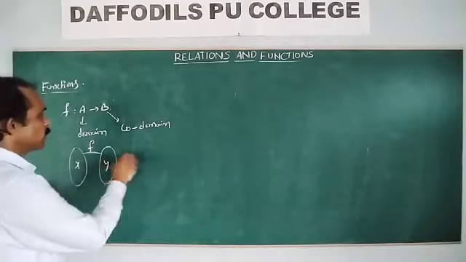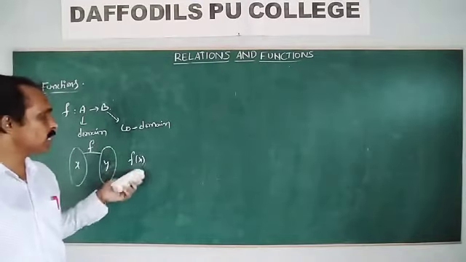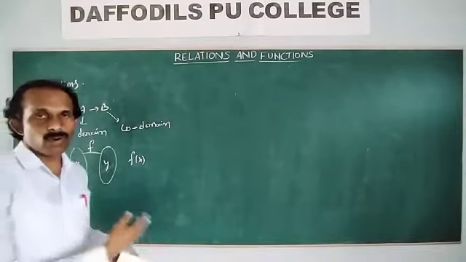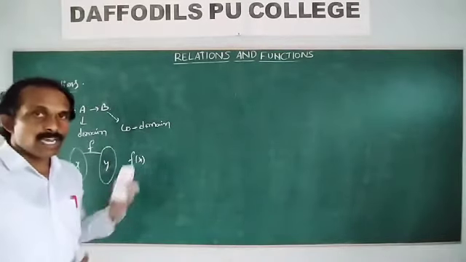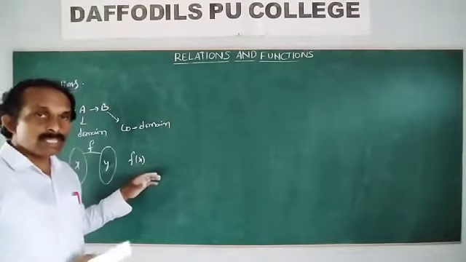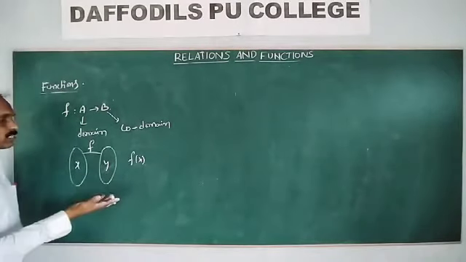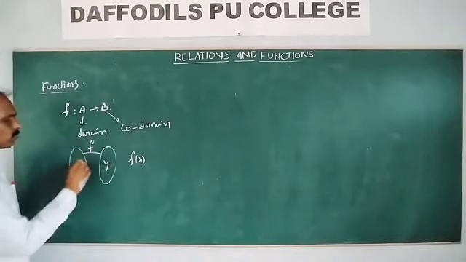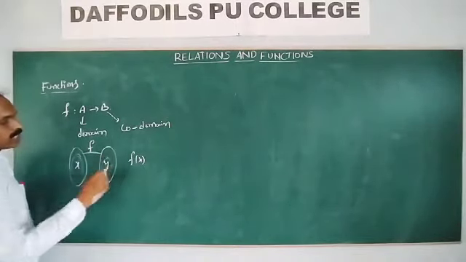Okay, and also for x belongs to A, f(x) is called the range of the function and this range belongs to the set B. Domain, codomain, range we already know. We learned in the first lecture domain, codomain and range. In a relation, first elements are called domain and second elements are called range. But which relation is the function? A function is also one type of relation. So first of all relation, next function. In that case, first elements are called domain and second elements are called range. Okay, right.